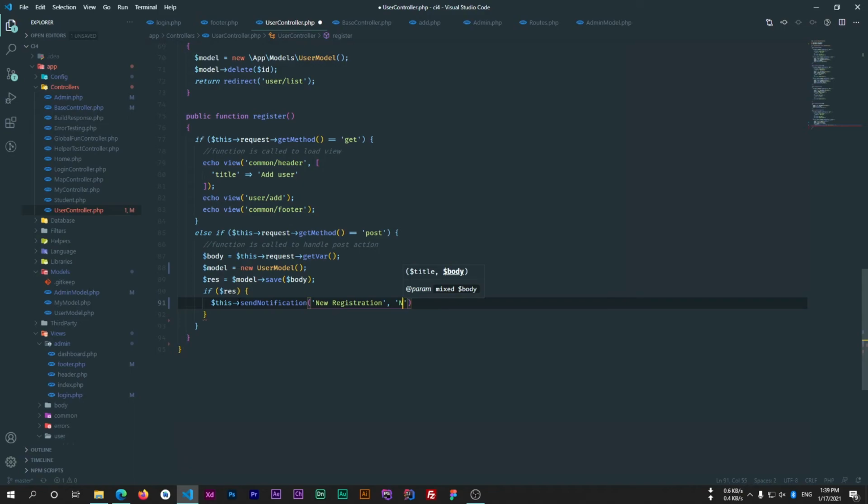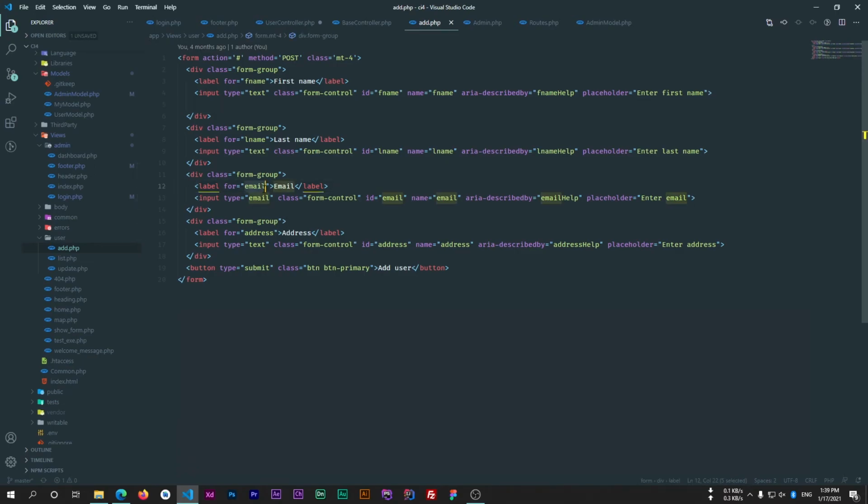So I can use "new user registered with email ID", and then I can append email ID, so I can get email from this body, because we are sending email from this form.